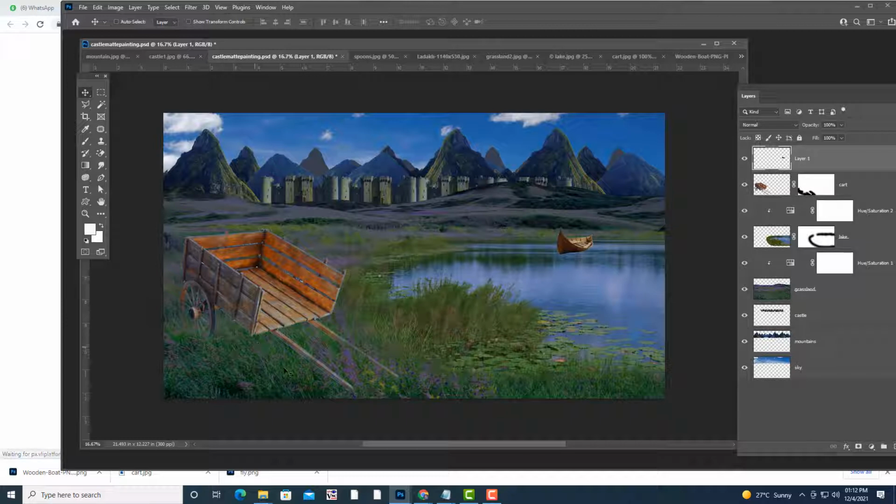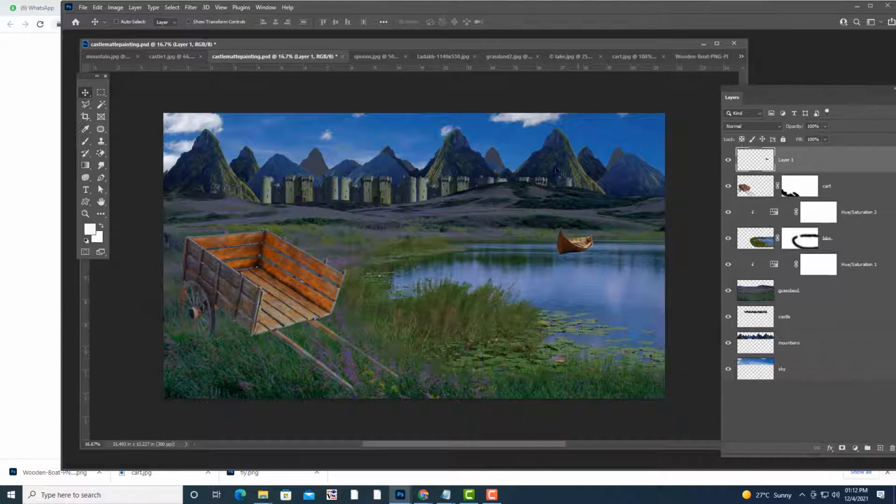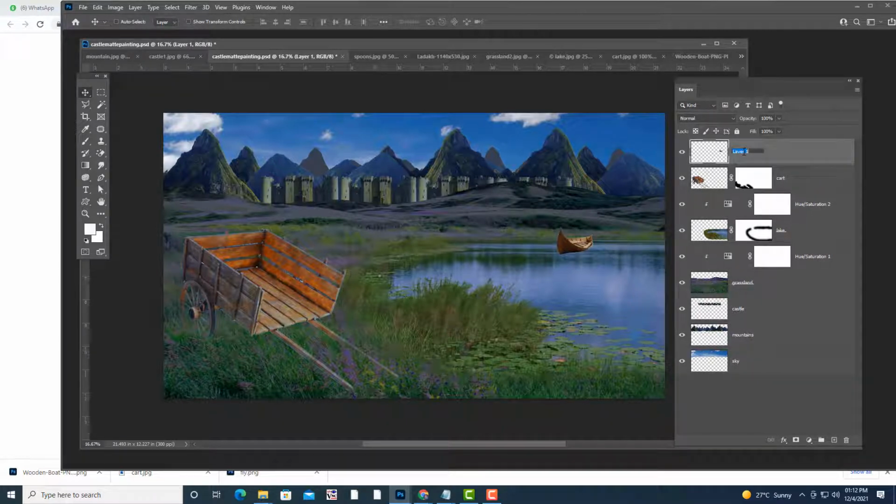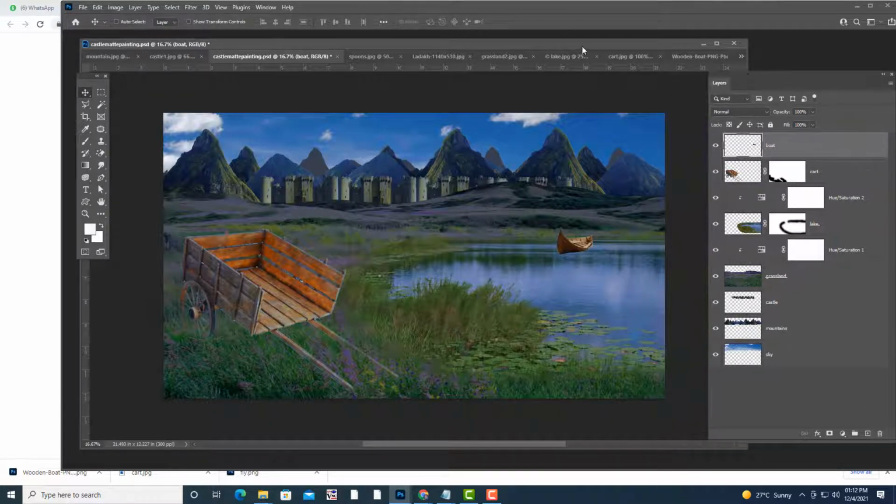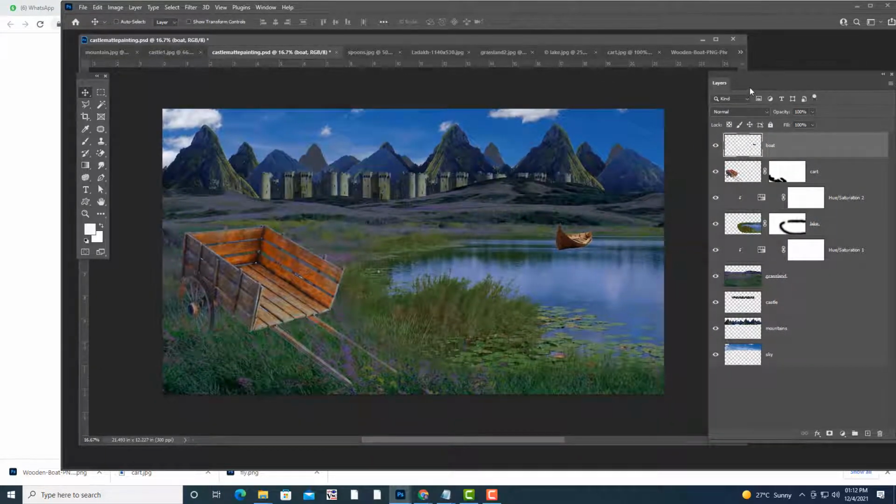We have to put shadow for this also. Okay, you put it. Okay, so then what we'll do is, first we'll apply some mask to this boat. Okay, just start.